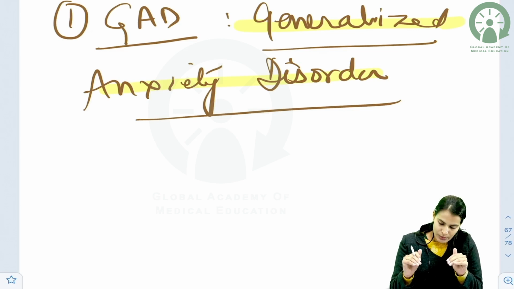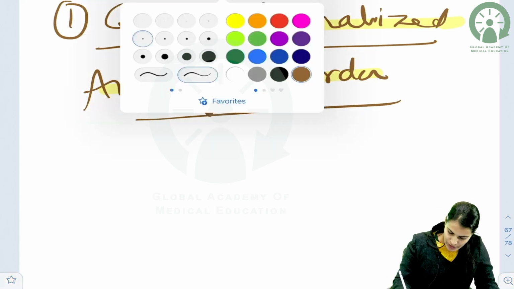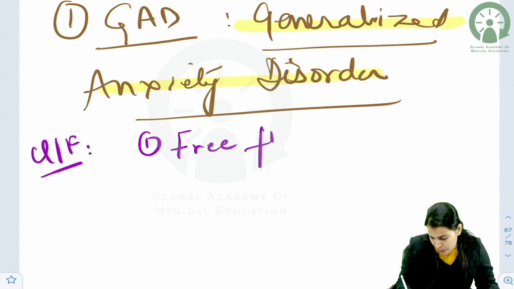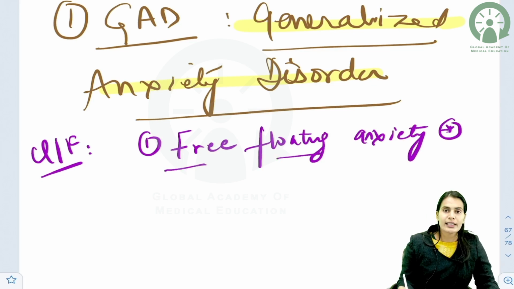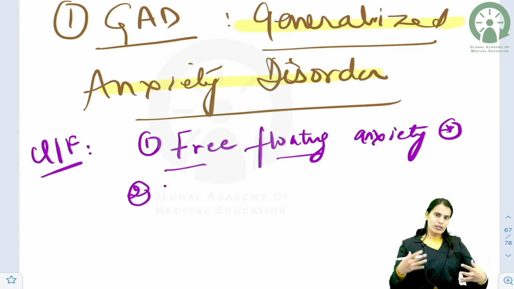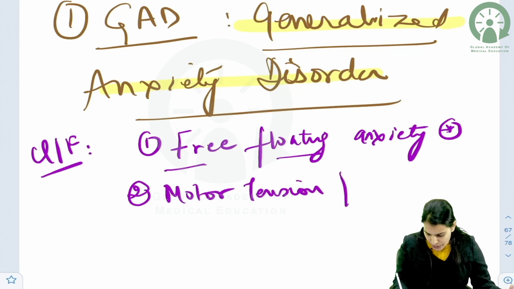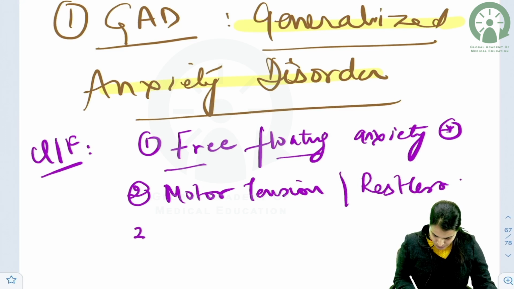So what are its features? We will see the clinical features of generalized anxiety disorder. First, a keyword here: it is a free-floating anxiety that is present. Second, there is continuous muscle tension or motor tension, and the person would be feeling restless. So motor tension, or restlessness, is present in a person. Since there is continuous tension present, the person won't be able to relax. So it is an inability